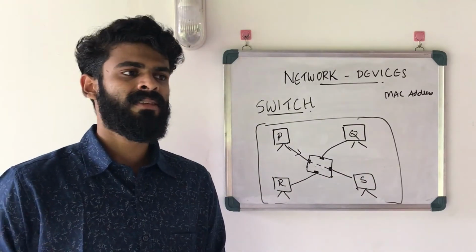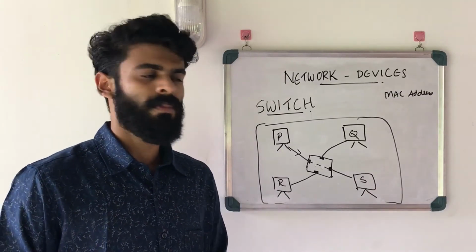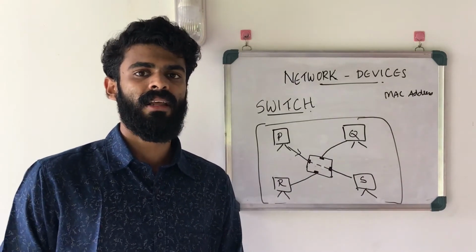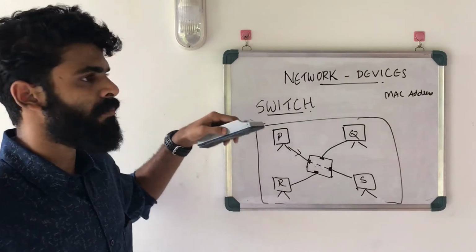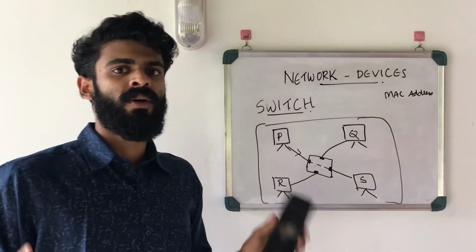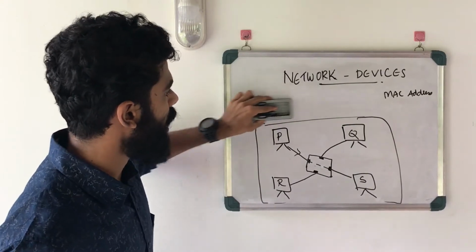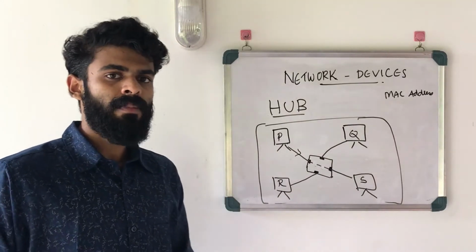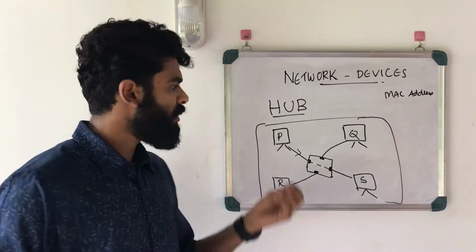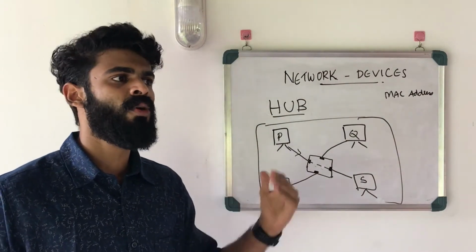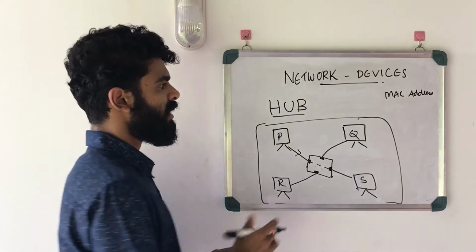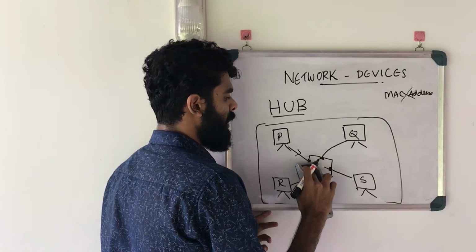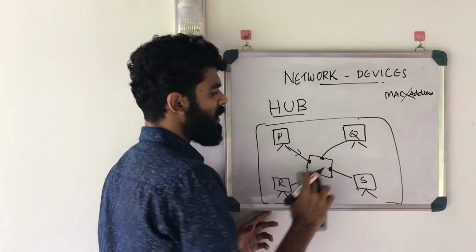So one might think this is probably very basic and you don't need anything to transfer it, but it was not the case in the earlier time. Back in the days, we had a thing called hub. So with the same example I'm going to explain hub. Hub is typically a dumb switch. It doesn't always know which device to send to. In a hub we don't have the concept of MAC address. So hub was a legacy version of a switch, or an old one. So it doesn't have this MAC ID at all.